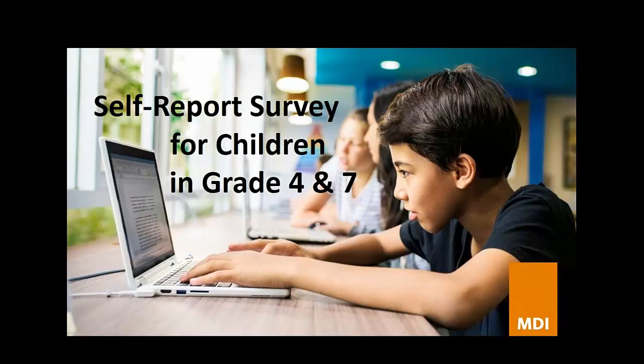These ages are particularly important to be able to prevent problems before they arise later in adolescence. This time between grade 4 and 7, ages 9 to 12, is the transitional period in development where there is some increased risk, but also increased opportunity to really make a difference. And previous research has found that responses from children in grade 4 and above are as reliable and valid as